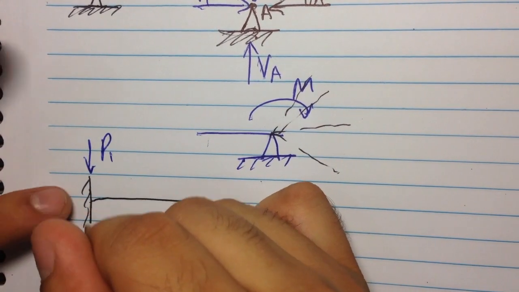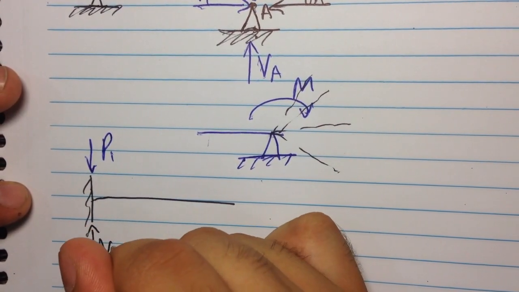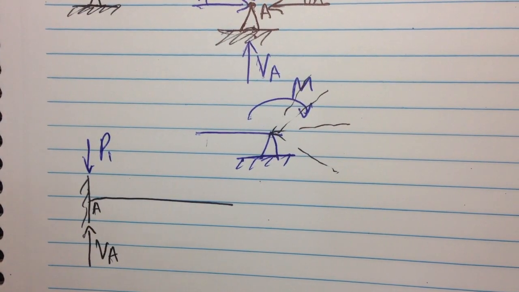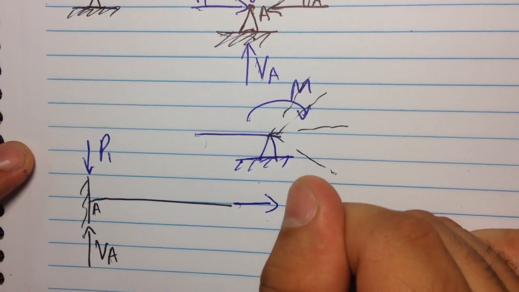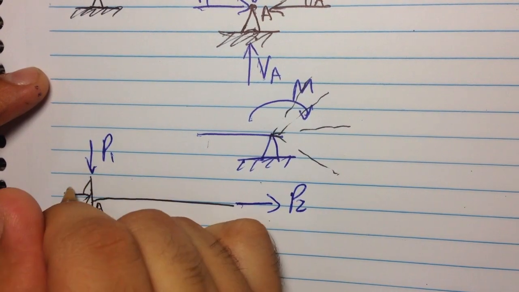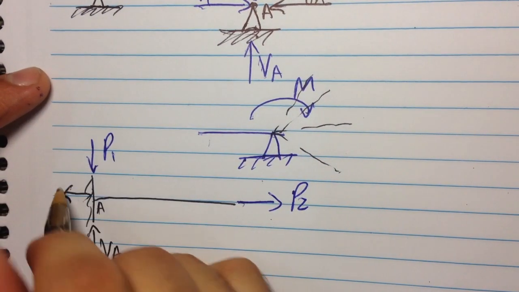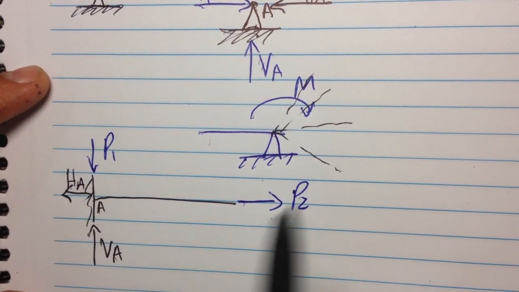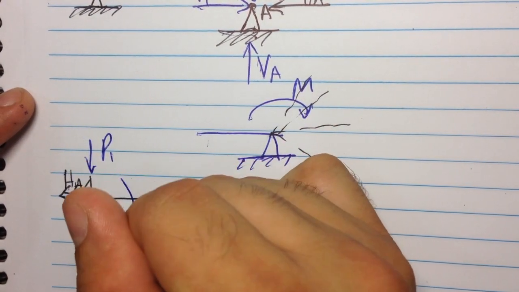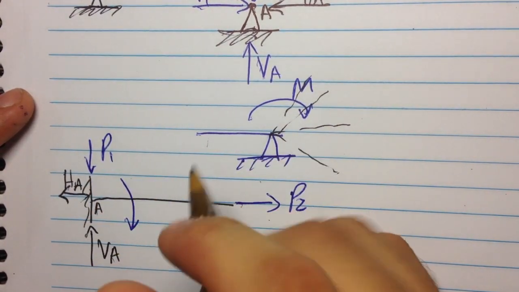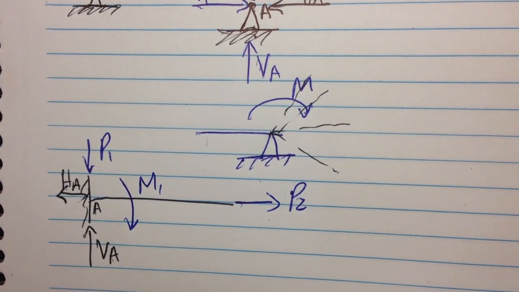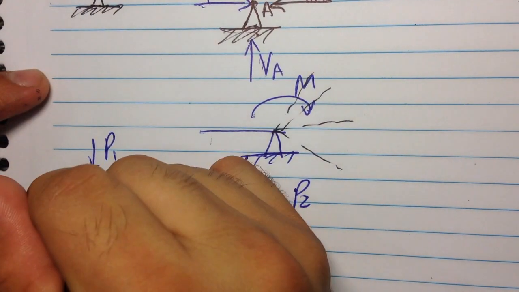Then we're going to generate in the support a reaction called VA, if this point is called point A. If we apply a load here called P2, we're going to generate a reaction in the opposite direction of the load called HA. And if we apply a moment in a clockwise direction, let's say M1, the support is going to generate a reaction called